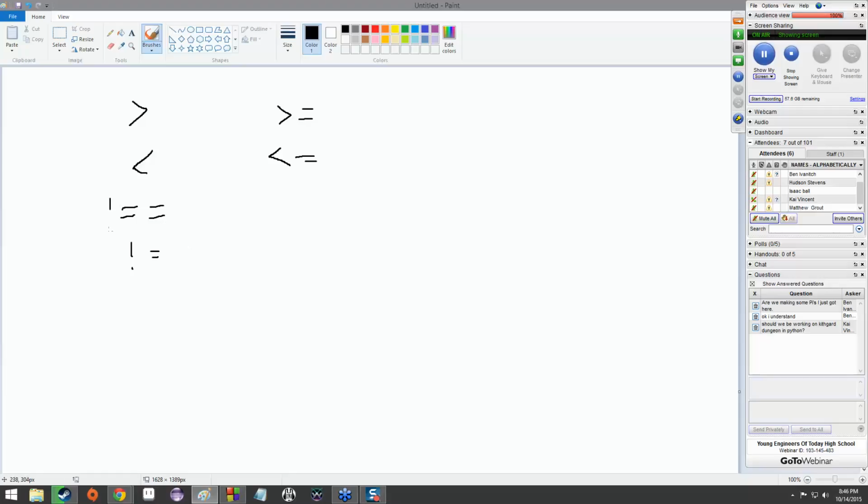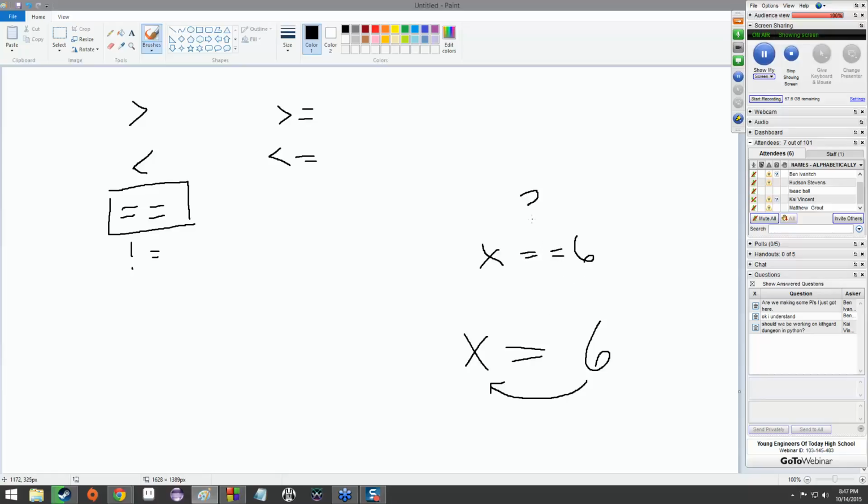The reason why it's 2 equal signs is in order to differentiate itself from a single equal sign. If it's a single equal sign, you just say x is equal to 6. And this is not checking whether or not it's true. This is a command. It will put 6 into x. With x double equals 6, in this case, the computer will ask itself, does x equal 6? Does it equal 6, as opposed to x does equal 6 now. So that's an important distinction to make,